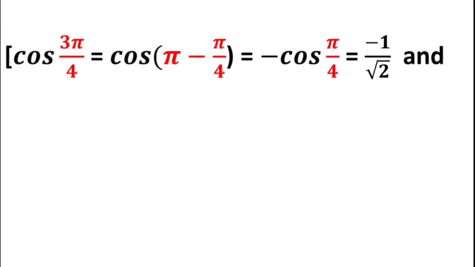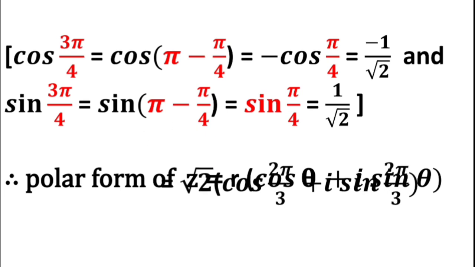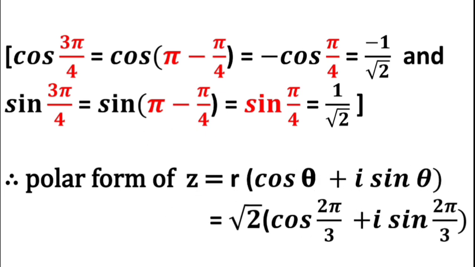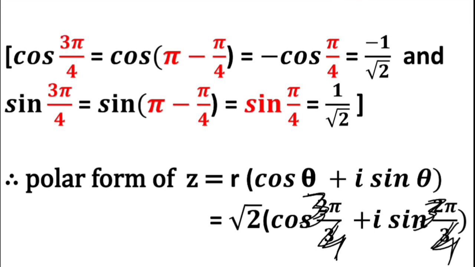So you will get again the polar form of the complex number z is equal to r into bracket cos theta plus i sin theta, and resubstitute the values of theta and r, that is theta is 3 pi by 4. Here again there was a mistake, it is 3 pi by 4. It is copy paste, so it becomes 3 pi by 4. The root 2 into bracket cos 3 pi by 4 plus i times sin 3 pi by 4. Okay, this is the final answer.